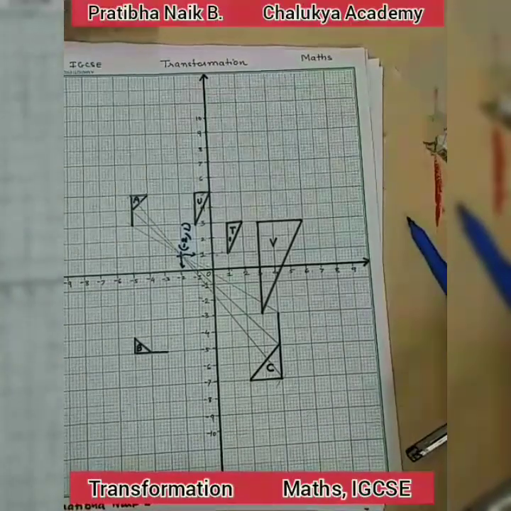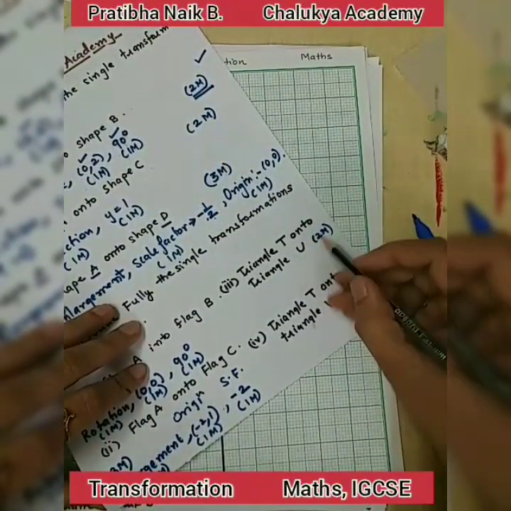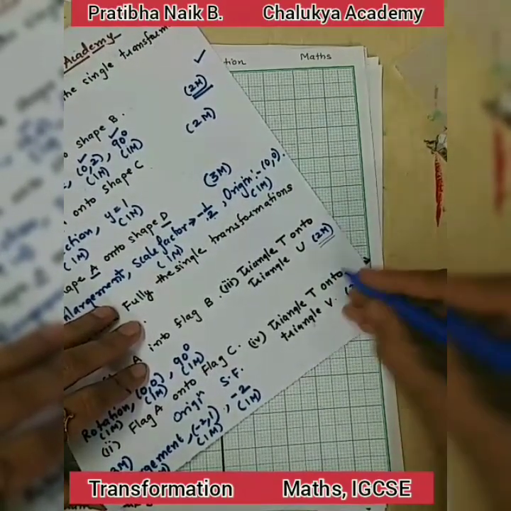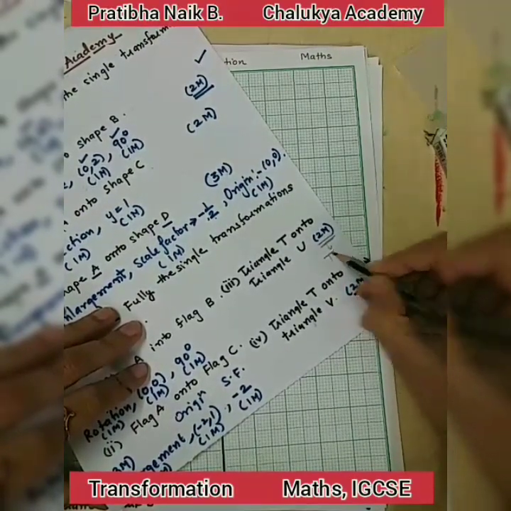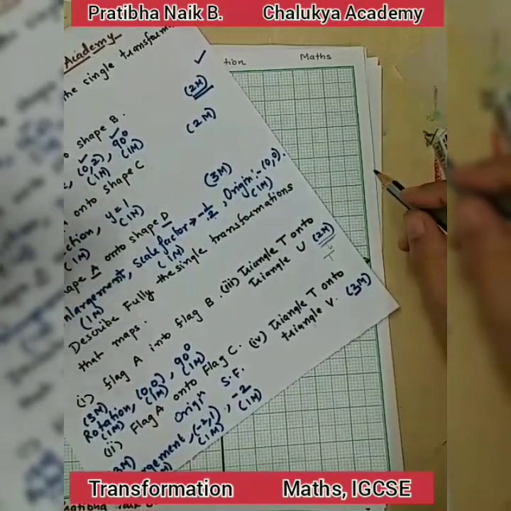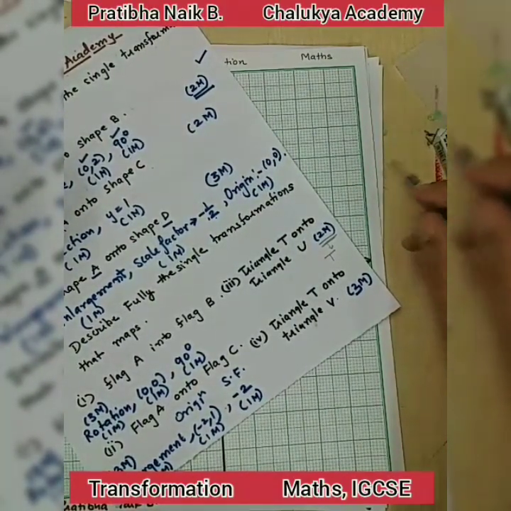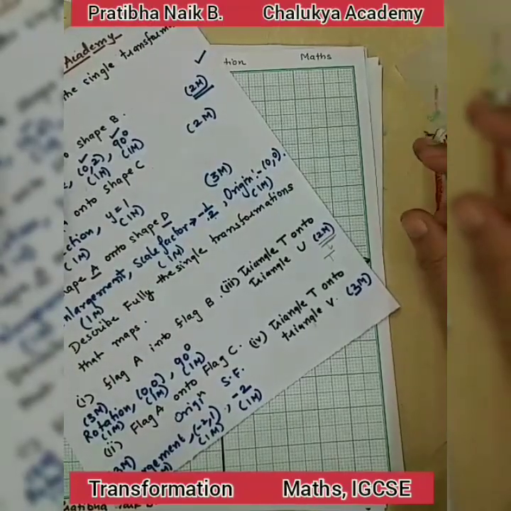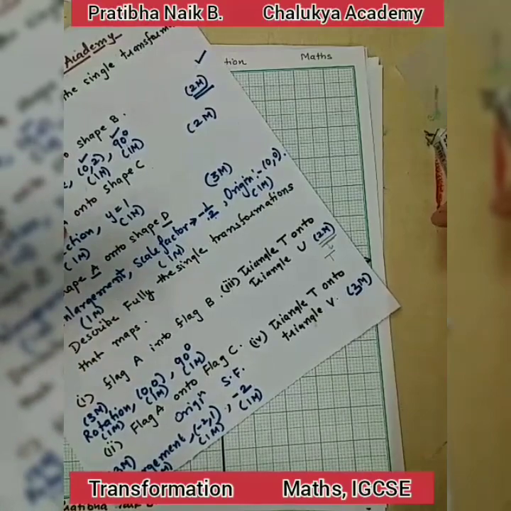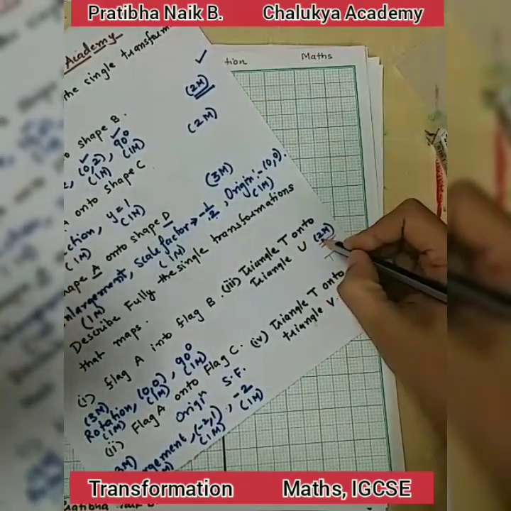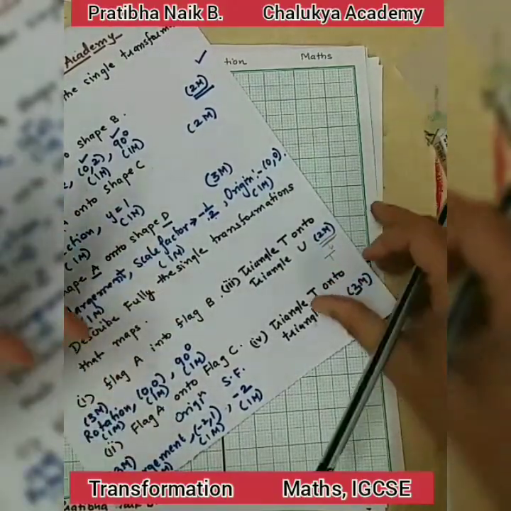Now this is asked for 2 marks. Now dear students, whenever they ask for 2 marks, okay, this is for 2 marks and this is for 3 marks. So whenever they ask for 2 marks, it might be translation, because in translation you have to give only 2 points, that is a type of transformation and second, that is a column vector. Now we have already learned that translation of any given figure will be done with the help of what? Column vector. So 1 mark for a type of transformation and 1 mark for the column vector.